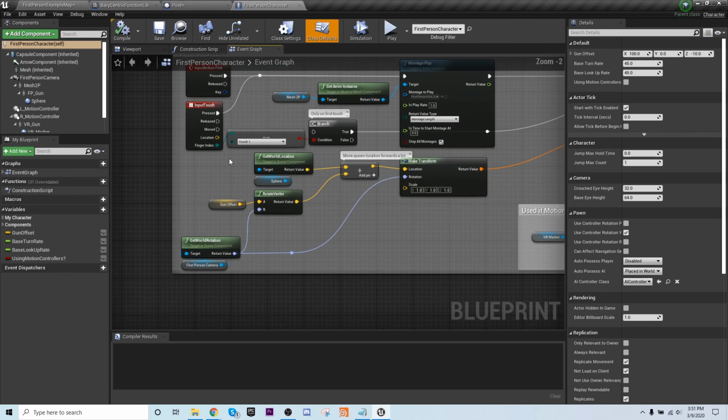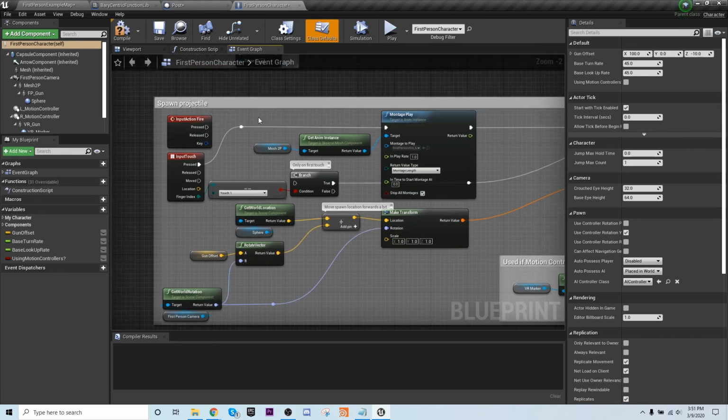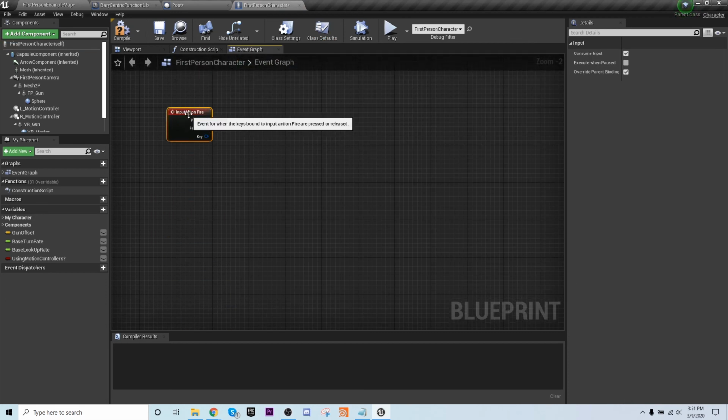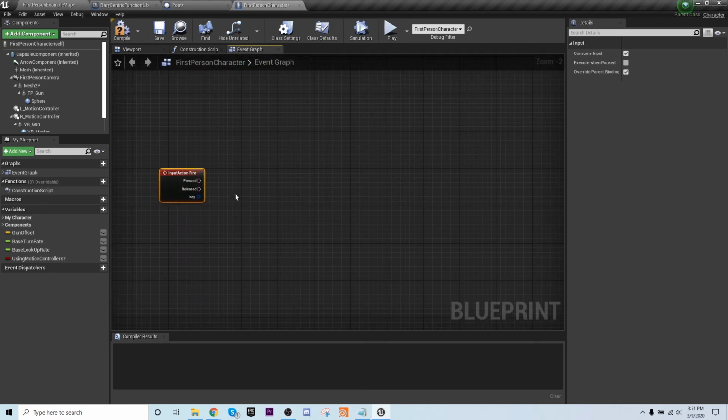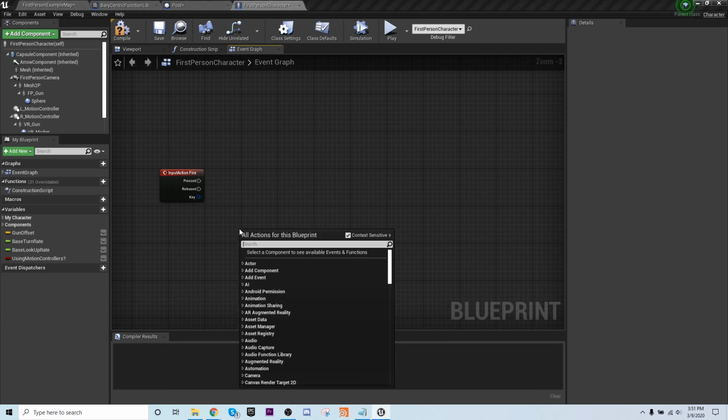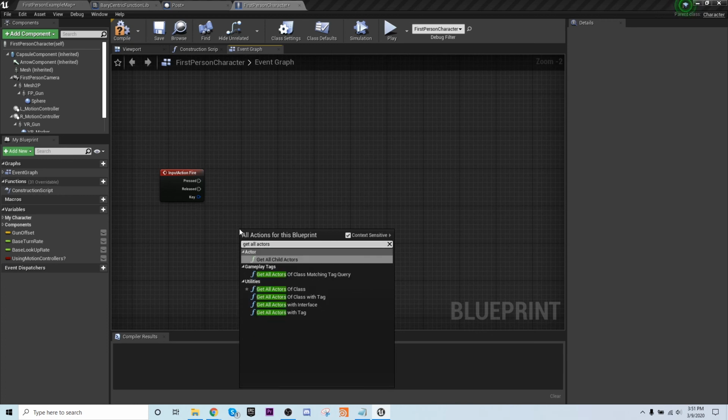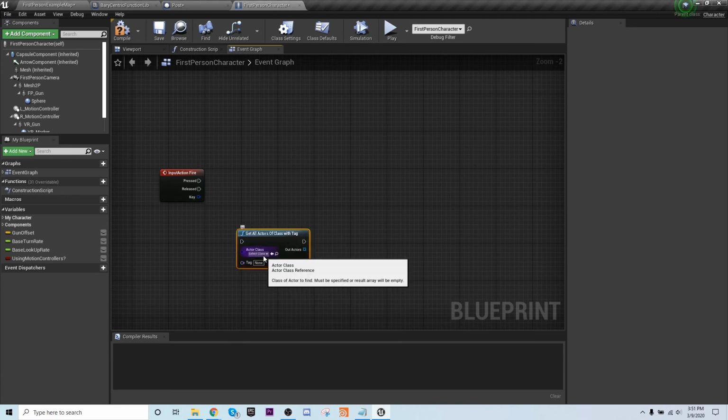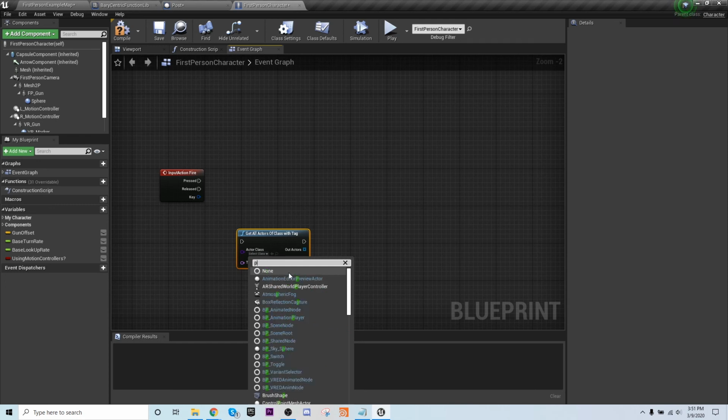And so instead of spawning projectiles when we shoot, we're going to drag this fire action down here, and we're going to start overriding that. So this is going to be get all actors of class with tag, and we're going to look for our post,